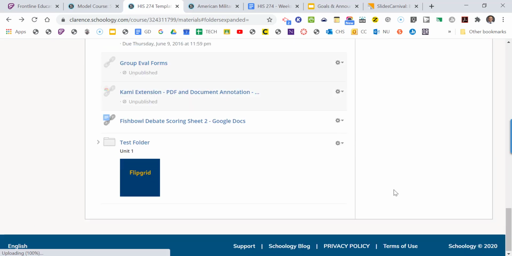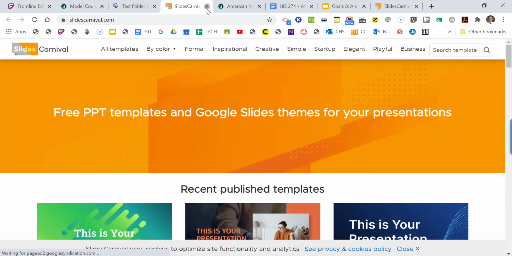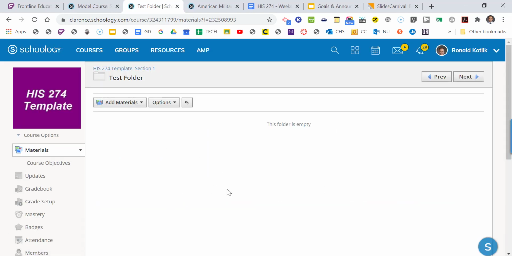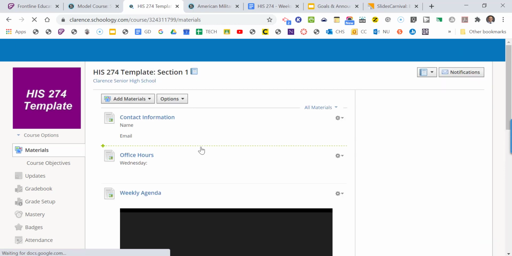When we go down there, and if I click on this image now, look at it, it brought me to Slide Carnival. So again, you could make that any way you want in terms of customizing your folders. That's kind of a nice way to actually do it. It's a nice little tip there for just basic ways to organize your course and